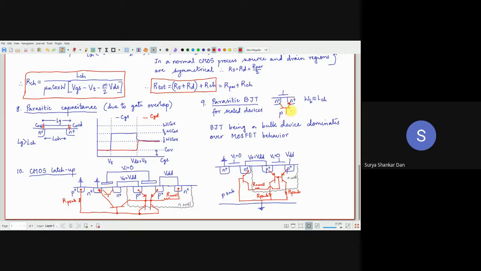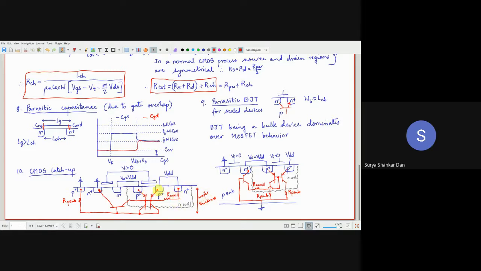This is the parasitic BJT. This is different. Please understand. Parasitic BJT is the result of short channel effect. Latch up is a problem of what? Basically wafer thickness. Okay, so this is your wafer, silicon die wafer thickness. So if it is a wafer thickness, you have got the N-well and all. Notice that as process technology improved, what people did was they made thinner and thinner wafers. So if the wafer becomes thin, N-well becomes thinner.